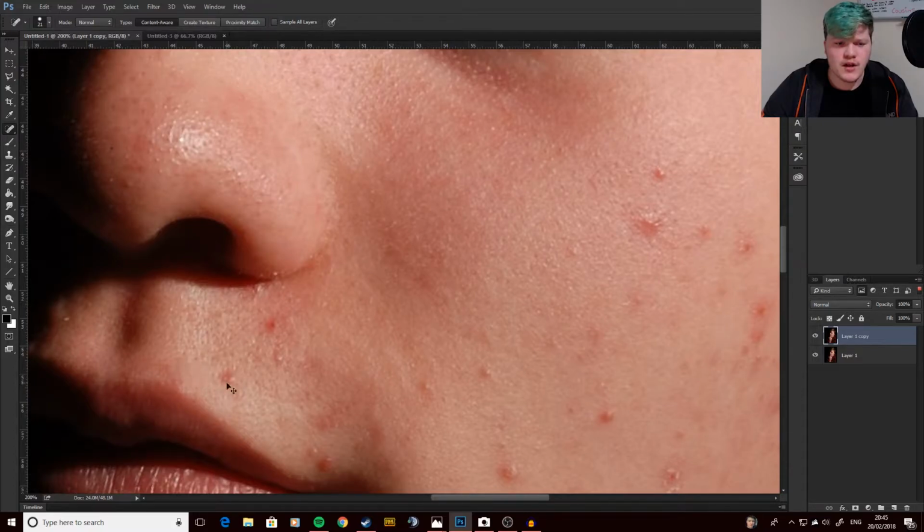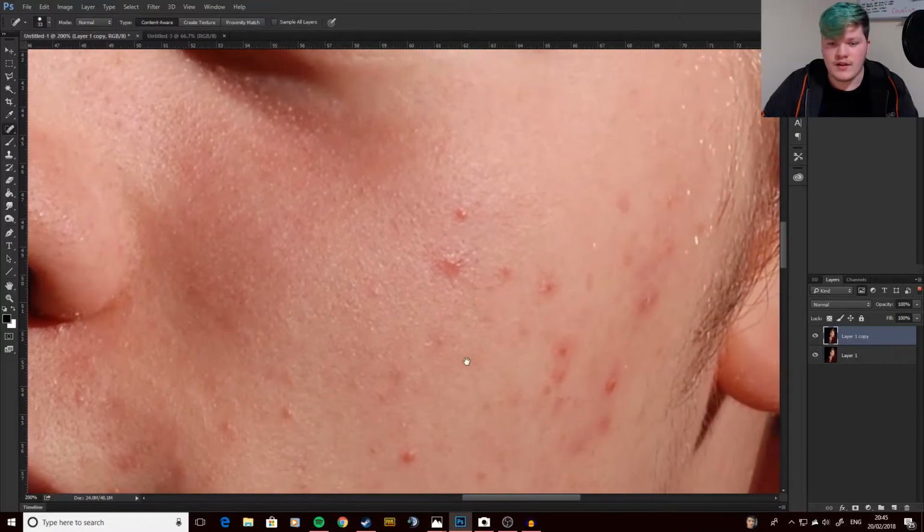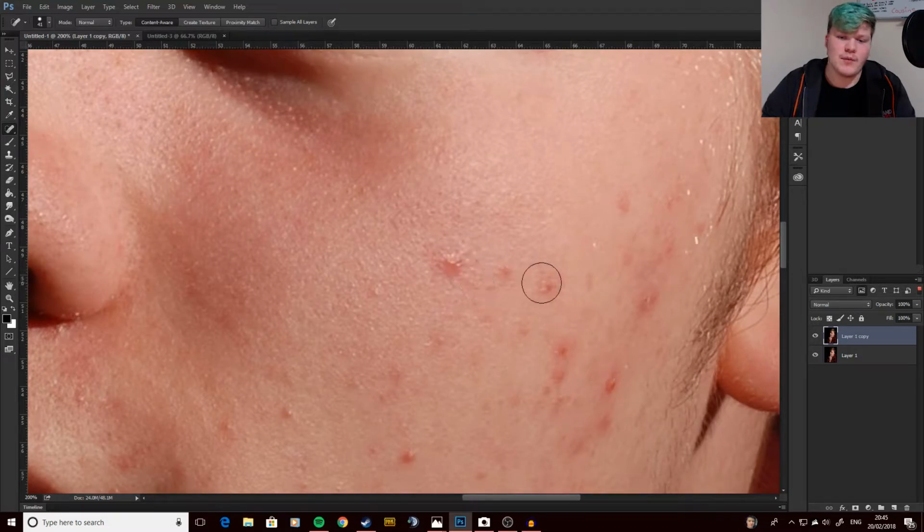And you basically just want to go around doing that to all the different areas that have spots. And for a lot of spots, if you pick your spots, like I used to quite a lot, because, you know, cringe, it'll make the areas quite red, just surrounding it. So you want to make sure you've got the brush the right size, so that you don't just remove part of it and not all of it. Because obviously, if I just take out the middle bit, it's going to have a bit around it, so it's just not going to look right. Sometimes you can get away with making the brush a little bigger, but it doesn't look like we're going to get away with it there